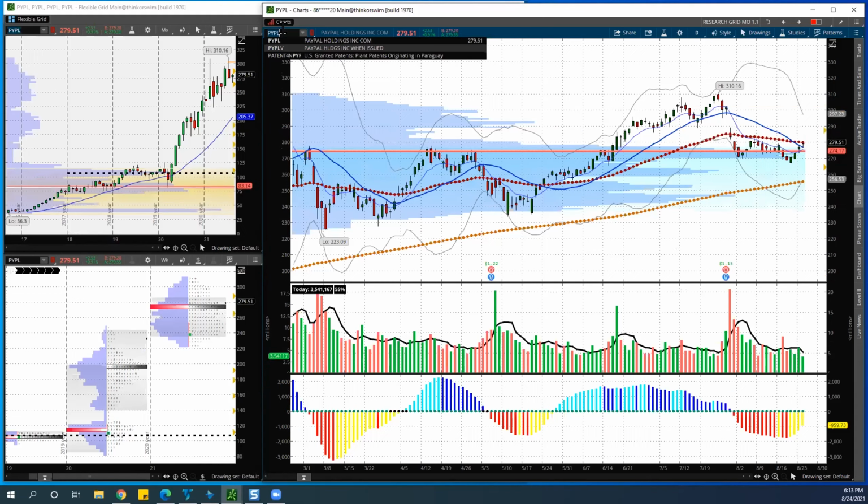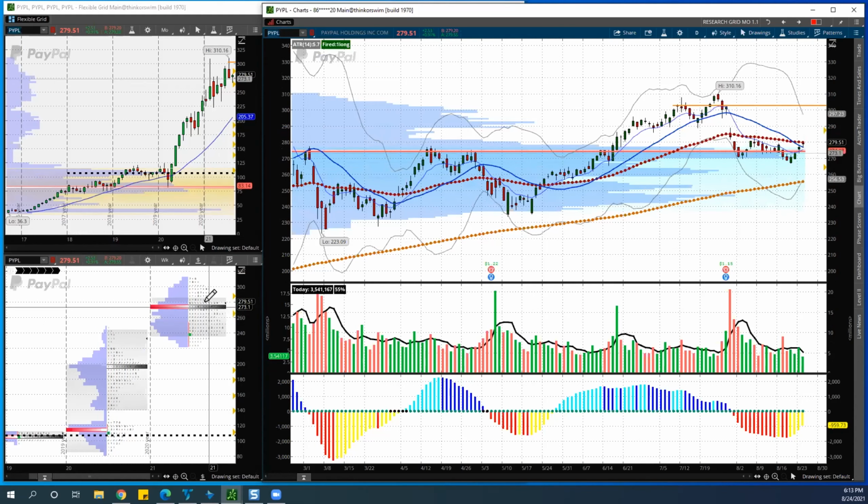PayPal. So with PayPal, we have the news yesterday, right? So where are we with PayPal? Let me double check right here. Look at the whole volume we have in here. So 273 is the point of control for the whole year, basically, and that's what this one's showing us, right? So we're not far from there, right? And we have a 50 MA right here, right? The problem is that the 20 is below. So all it takes is for this one to get some love from the buyers, and this is just gonna blast off, right? So PayPal, I think, is the one that we should be looking at, and the 282,